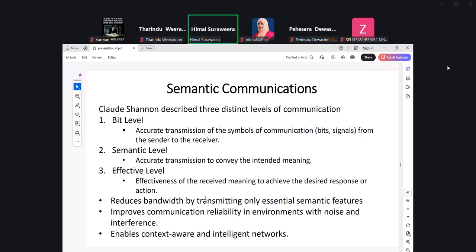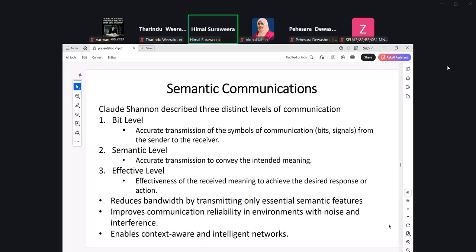So let's say that you are capturing a traffic scenario, like traffic patterns within a city, and then you convey that to cars or vehicles on the roads. If you do effective communication, the basic idea is that when these images are seen by the drivers, they should recognize that there is, let's say, a traffic jam in front of them.